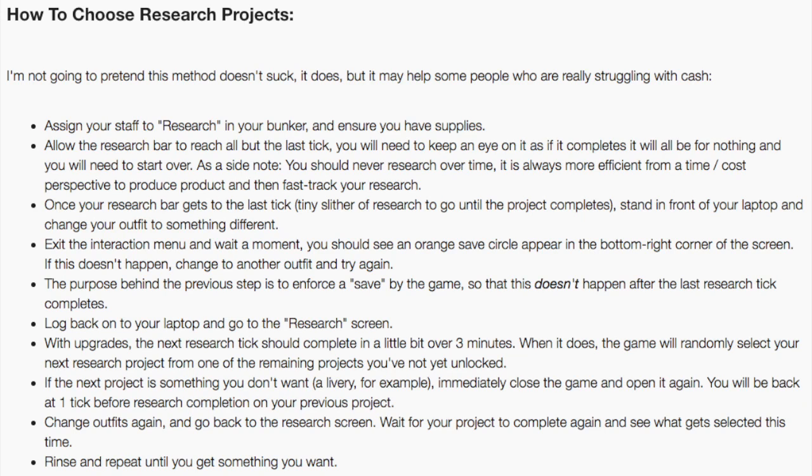Again, I will leave a link to all my sources in the description so you can check them out for yourself. But this is a method in which you can actually choose, roughly, what item you want to unlock. You do have to be careful, though, as you can't fast track. And if you mess it up at the end where the bar goes over, all your time is going to be for nothing. So again, I'll leave a link to that in the description, but at least there is kind of a backdoor workaround in which you can sort of choose what research you want